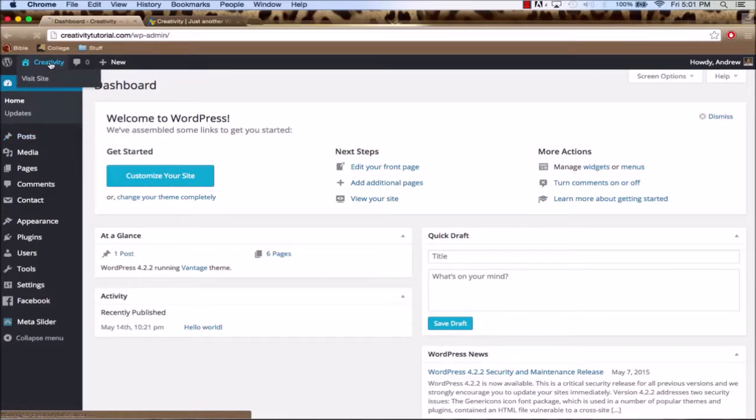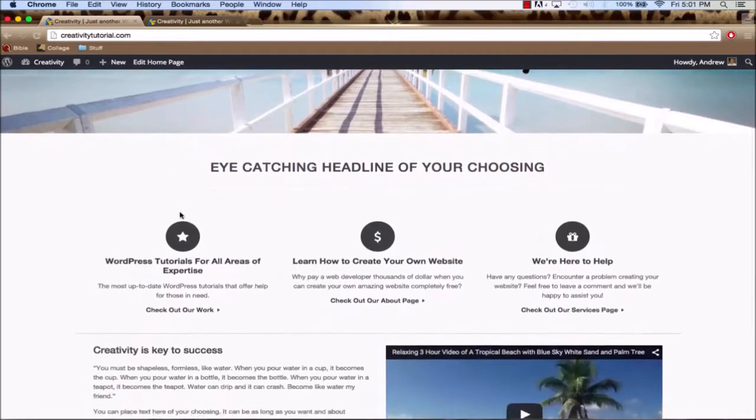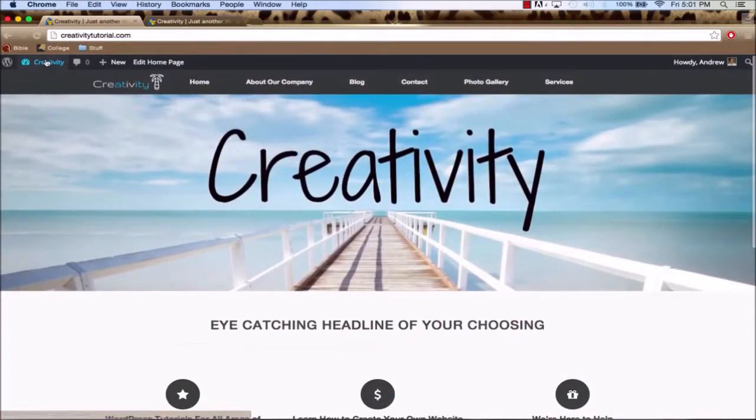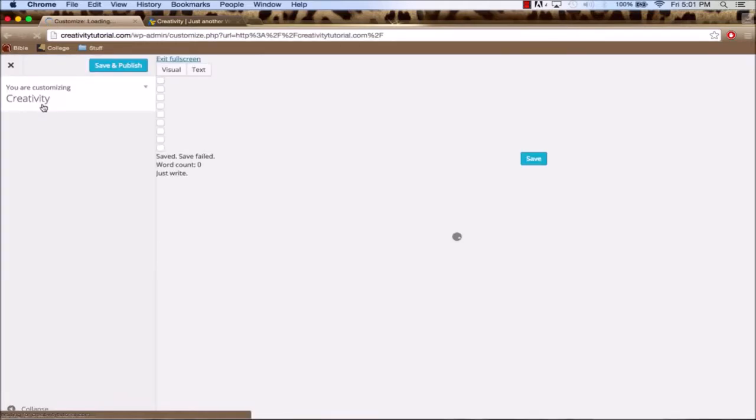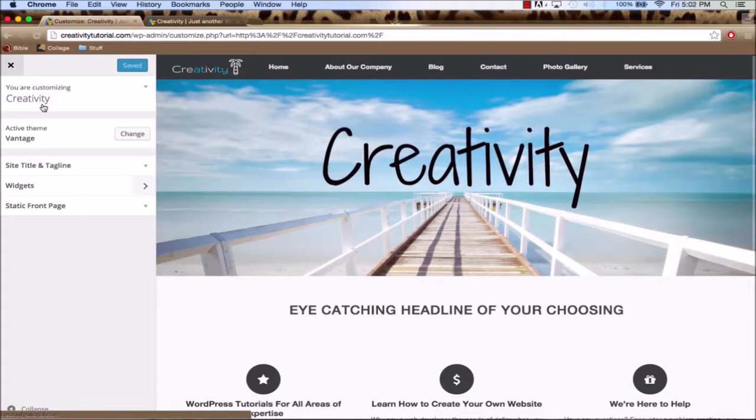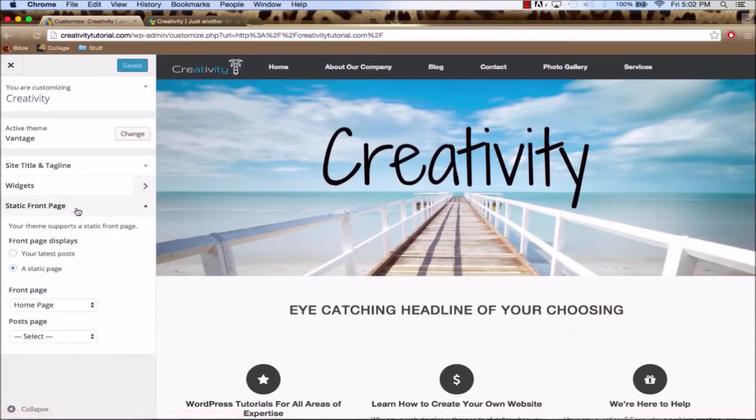So click on your website, and once you get to your home page, hover over your website's name and click on Customize. Once this loads, go down to Static Front Page, and this should say a static page. That should be checked. This, your home page, should be like it is too. But for your post page,